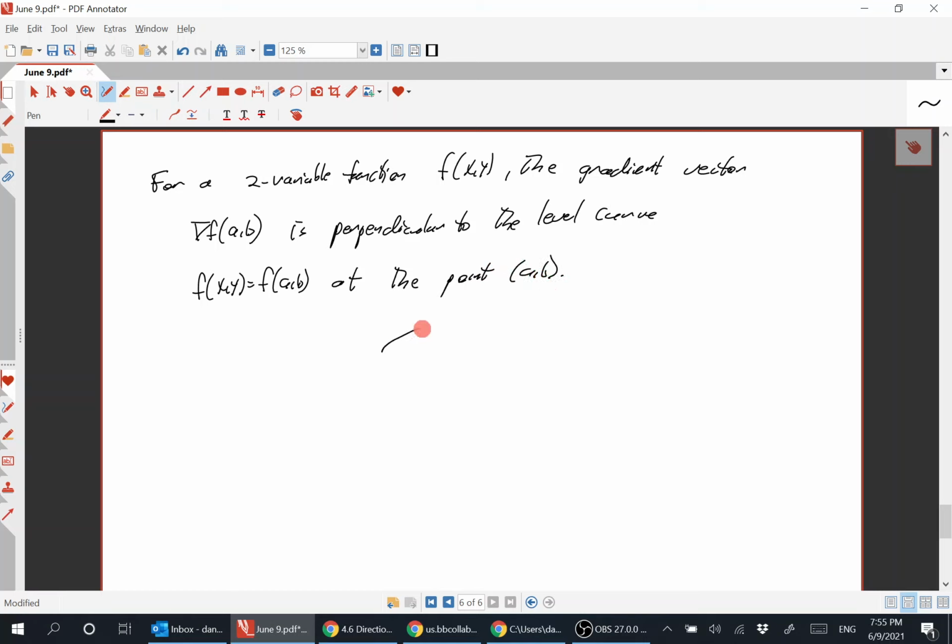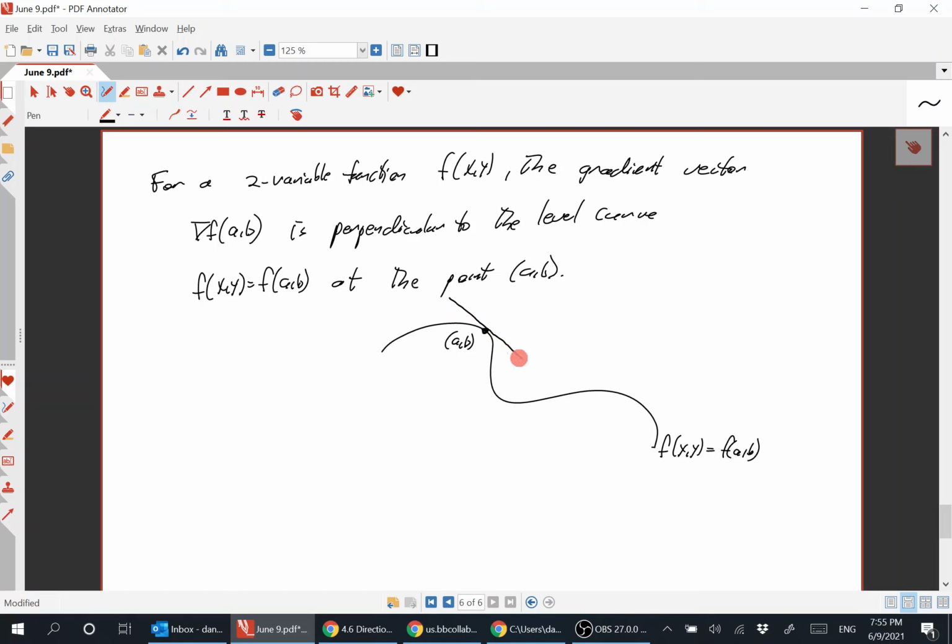Because if you've got the level curve, this is f(x, y) equal to f(a, b), which is some constant k. So now if you take the point (a, b) on that level curve,